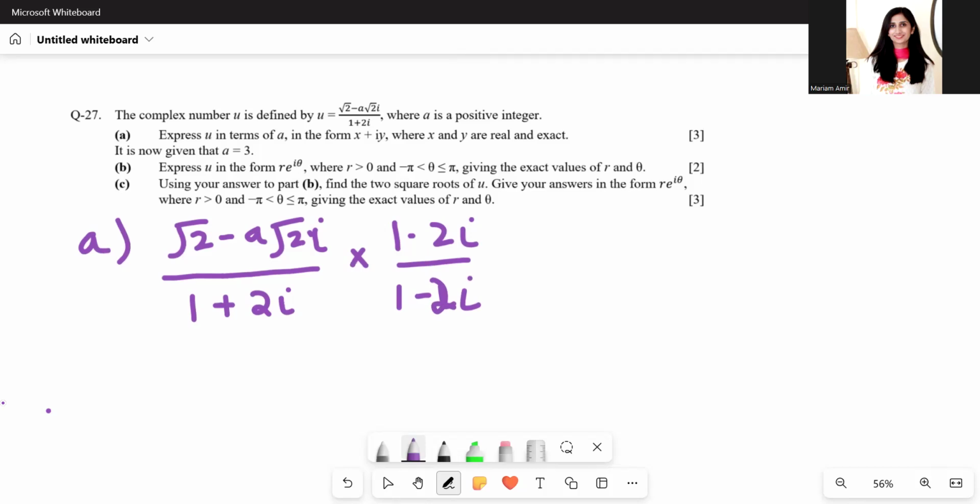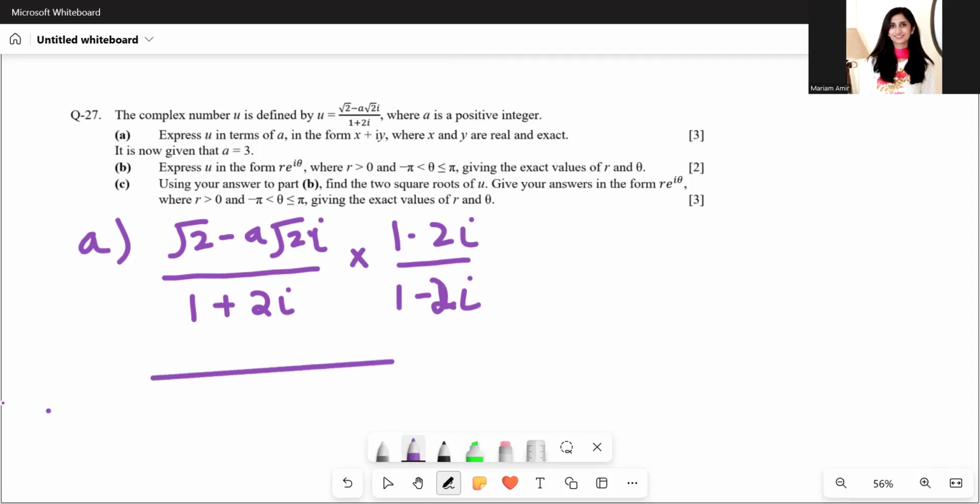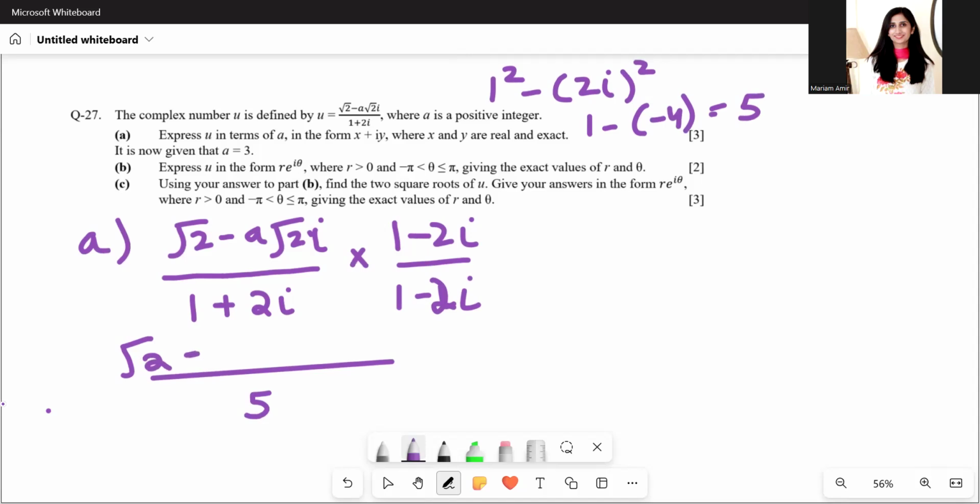All right. Now the denominator becomes a squared minus b squared. So 1 squared minus (2 iota) whole squared. So 1 minus minus 4. So that's a 5. Do show the working for this on the side. So equals 5. Okay. Now multiply the numerators: √2 minus 2√2 iota minus a√2